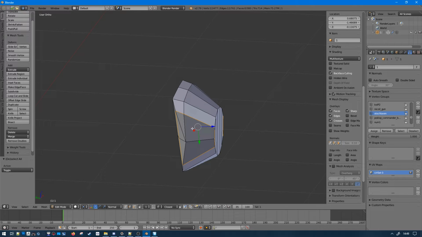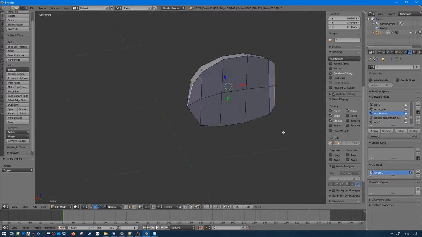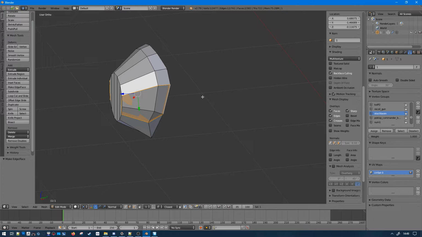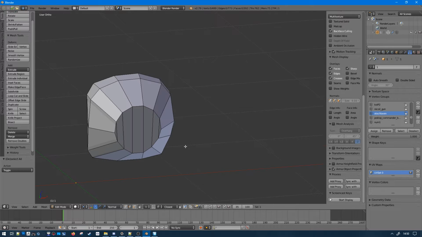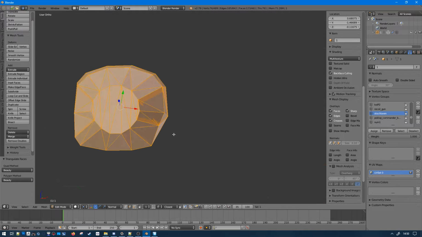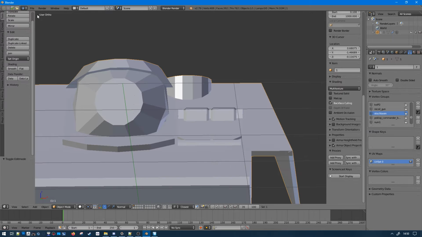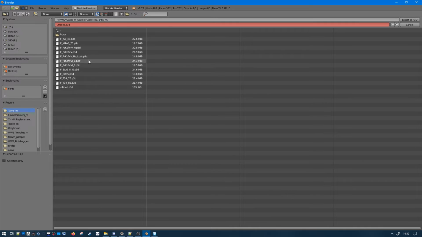You see I'm just selecting loops actually. Control Alt Shift M and fill the holes, and not going to triangulate it, I'm going to let it do it.